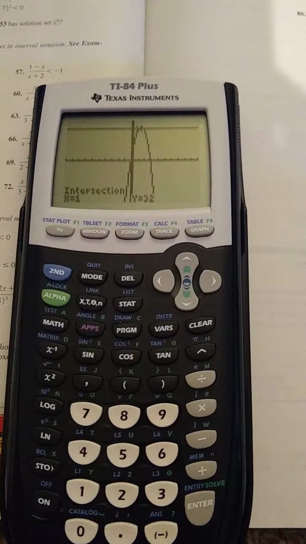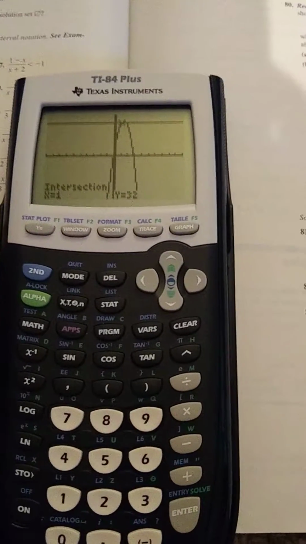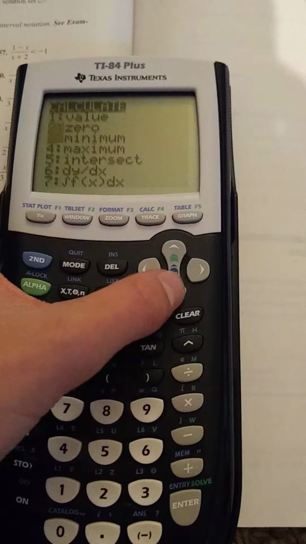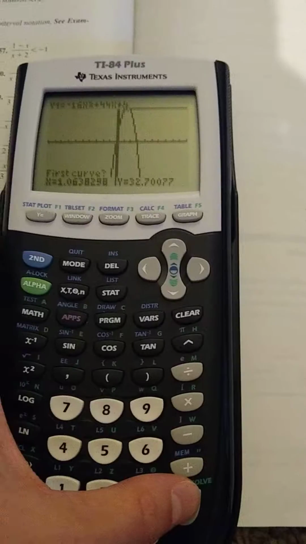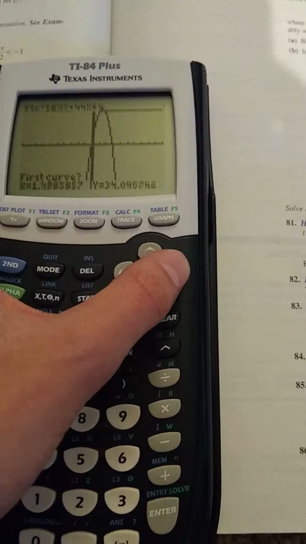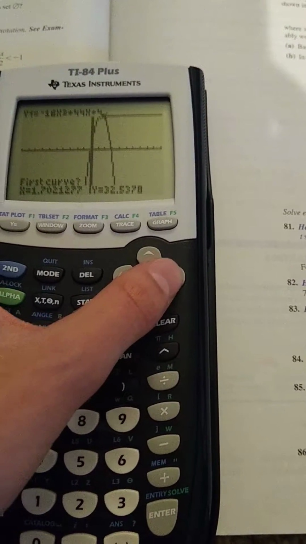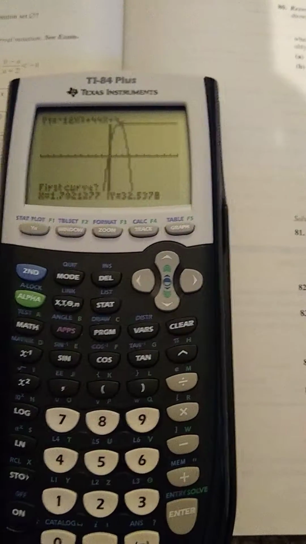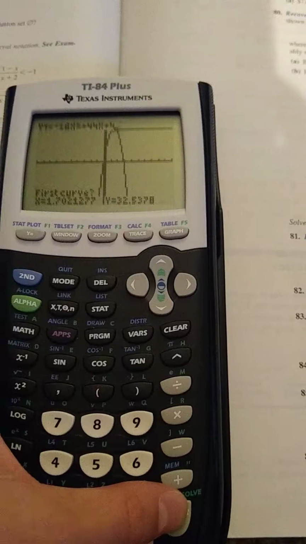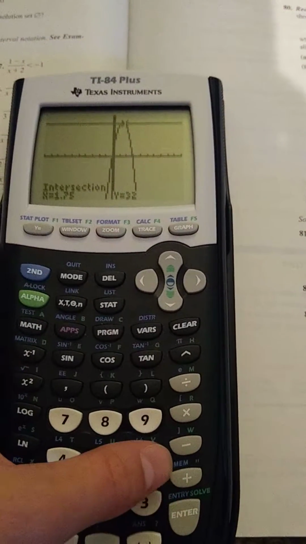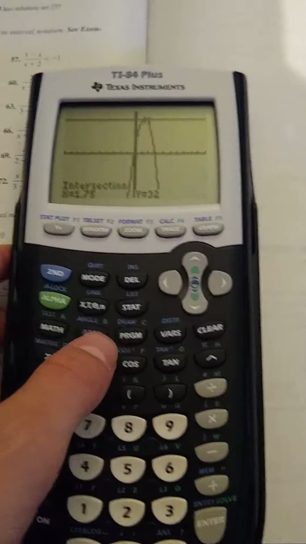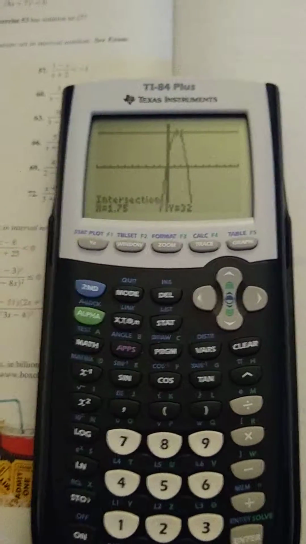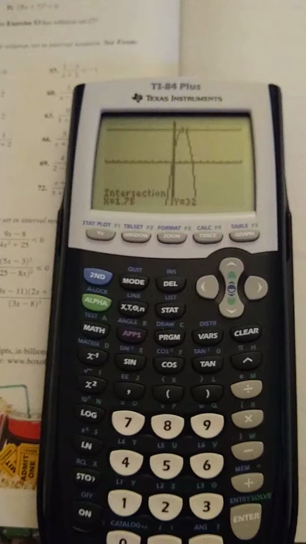I have to do each of these points of intersection separately, so I'm going to again push second and then trace and go down to the fifth option, push intersect, and I will move the cursor along till I make the estimate of where I think the graph will intersect a second time. I'm going to push enter 3 times, and this intersection says that x equals 1.75 when y equals 32. What this means is that the time interval